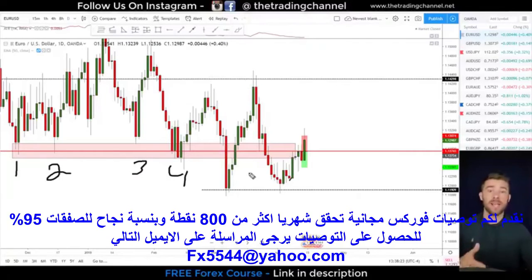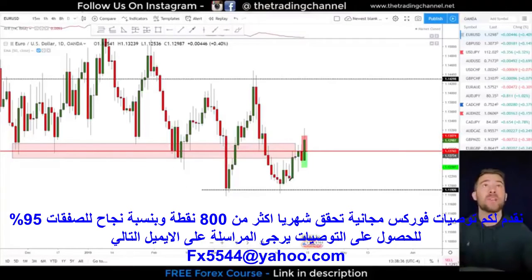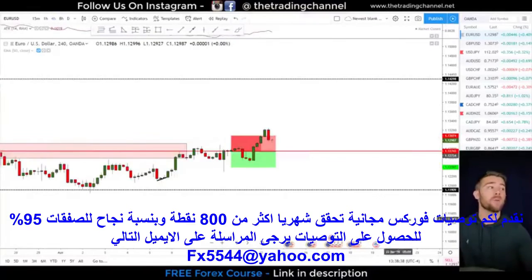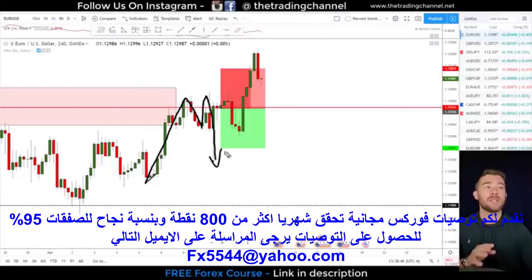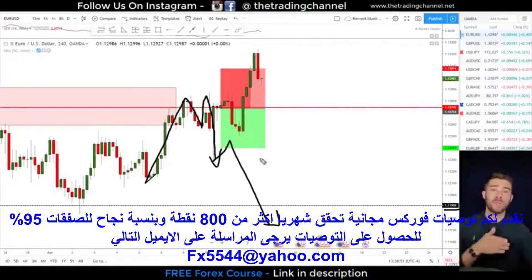So with that being the case, I thought that it was a great level to start looking for a possible shorting opportunity, considering that the overall trend here on the euro dollar on the daily chart is down, considering that this is a major level of structure, and considering that on a lower time frame, if we drop to the 4-hour, we had this nice double top formation, looking at push up, one top, double top, thinking we could possibly see this market continue down, at least retesting 1.119, possibly even going into trend continuation based on that daily chart